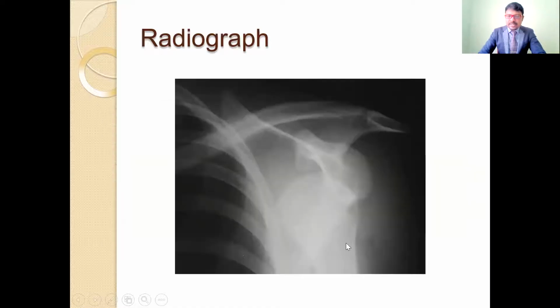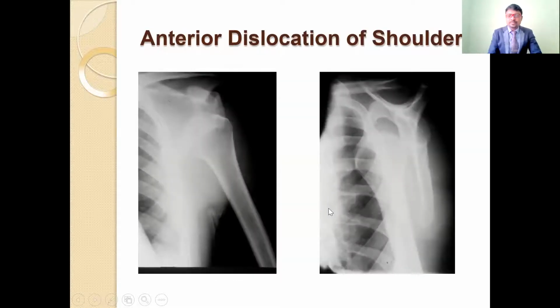But in the case of subluxation, if you see here, the head of the humerus comes downwards and the glenoid cavity is upwards. So they are not at the same levels. The glenoid cavity is at the upper level and the head of the humerus comes to the lower level. This indicates shoulder dislocation. The displacement of the head of the humerus indicates the anterior dislocation. You can find it in different views also. See here, this is the glenoid cavity, and the head of the humerus is displaced from the glenoid cavity, below the glenoid fossa. So this is the X-ray investigation procedure for anterior dislocation of the shoulder.